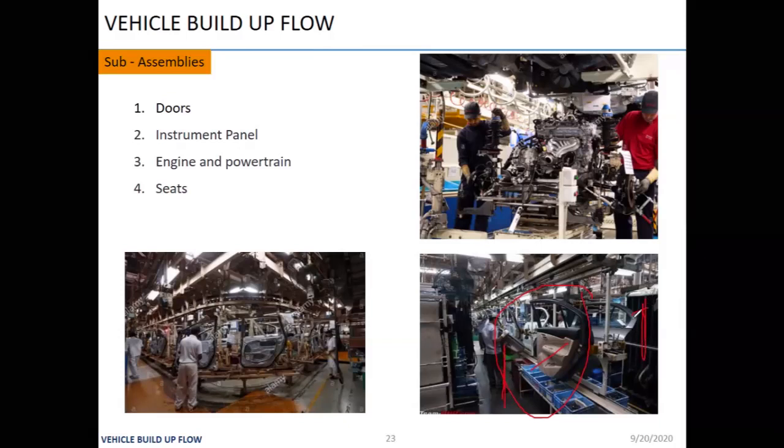First of all, they will fix all the glasses, sash, regulator, anything on the door. Once the door is fixed completely, they will put the interior trim parts on the door. It is just a snap fit; they just press it against the BIW part. The complete engine area they will fix from the lower side. This is again the door build-up area only. This is done as the final assembly.